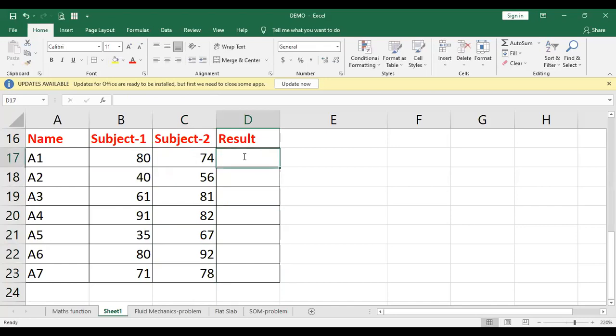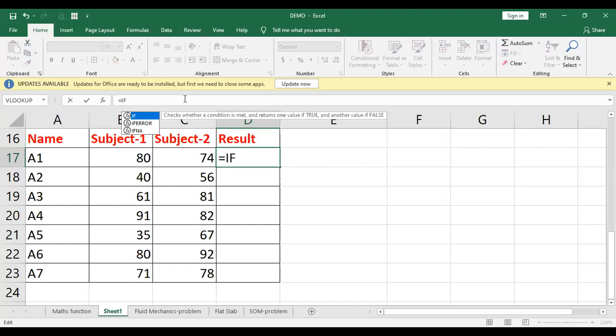You can directly double click on here, or you can select this cell and go to the formula bar and press the equals sign. Once you do that, now you can insert any different commands. So suppose I want to give the IF command here. So I'll type here IF, and double click on it. Now here you have to use the AND statement. So I'll use the AND statement here.